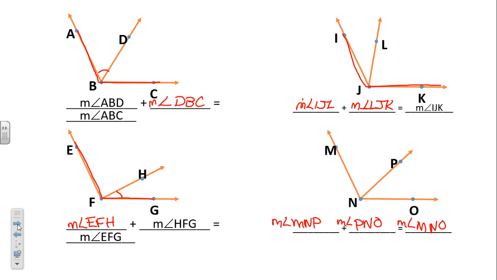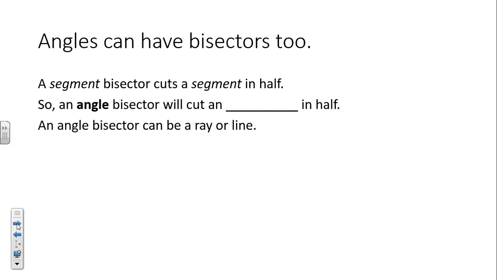All right. So, just like segments can have bisectors, angles can have bisectors as well. Okay? When we hear bisector, we think of bi meaning two, right? Sector, two sections, right? So two equal sections here. So an angle bisector will cut what in half? We're cutting a segment in half, a line in half,